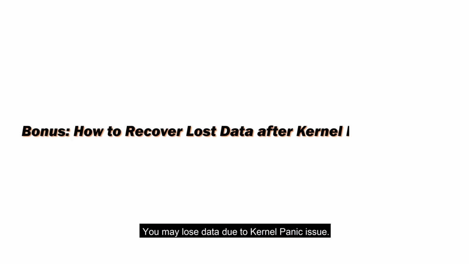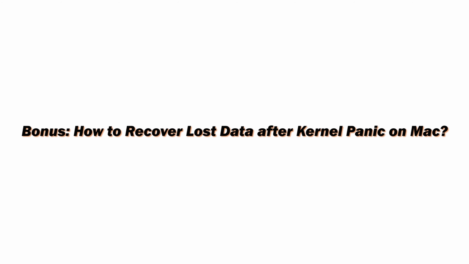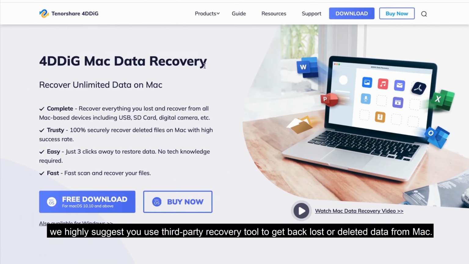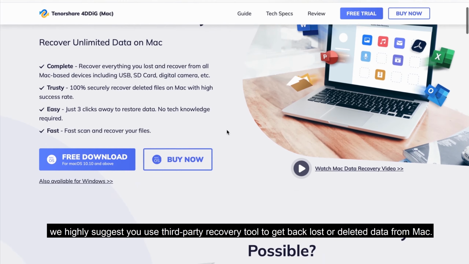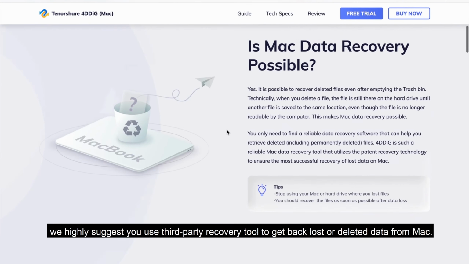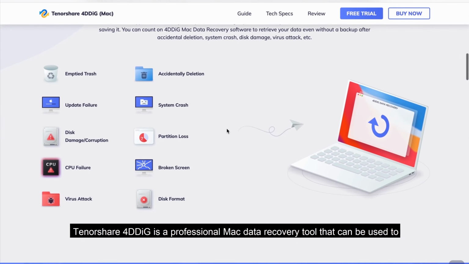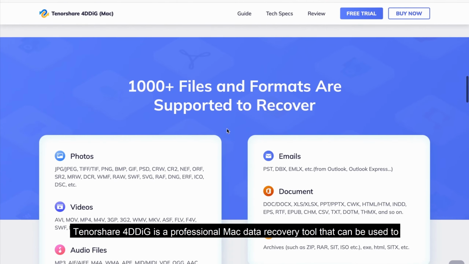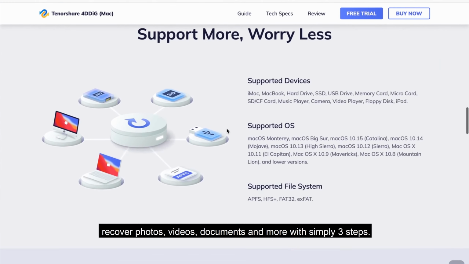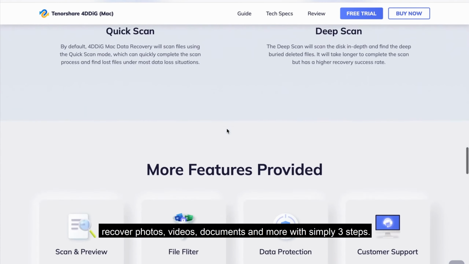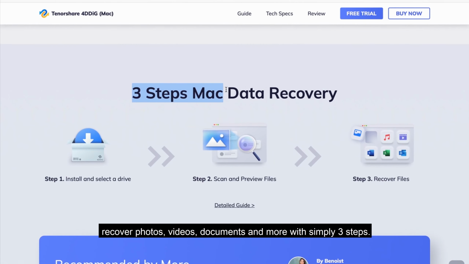You may lose data due to kernel panic issue. In this case, we highly suggest you use a third-party recovery tool to get back lost or deleted data from Mac. Tenorshare 4DDiG is a professional Mac data recovery tool that can be used to recover photos, videos, documents, and more with simply 3 steps. To recover with 4DDiG,